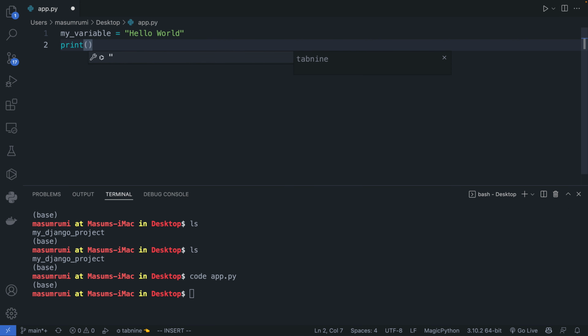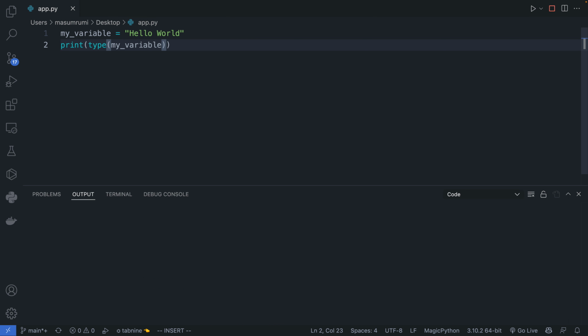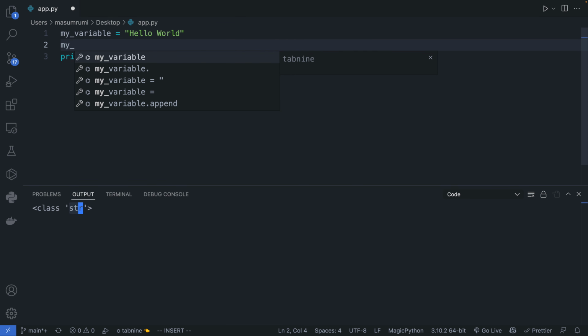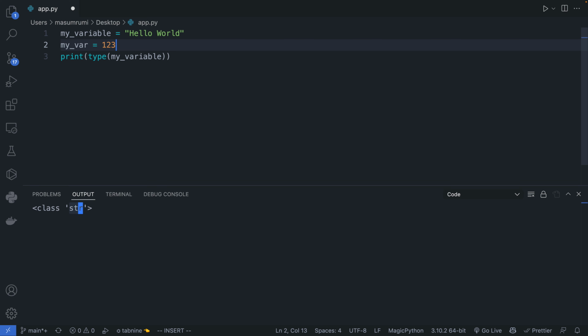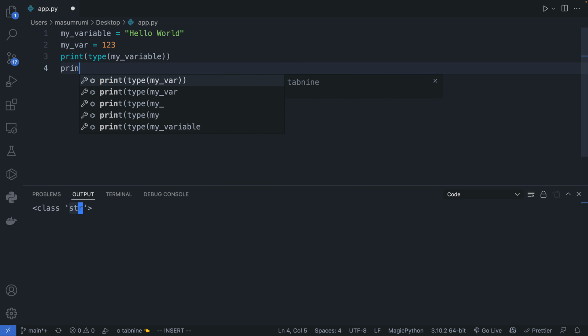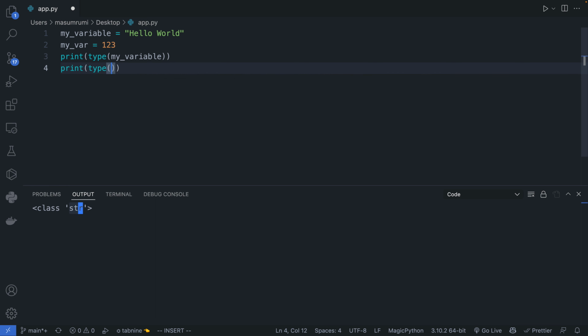Now, if I want to see what the data type of my variable is, I could just do print and then type and then my variable. And if I were to return output, it's of class string. And if I were to do another variable, and if I call it 123, and if I were to print the type of this one, then we would see that it's of class int. So as you can see, we don't have to really assign a variable to a certain type. Python sort of does it by itself